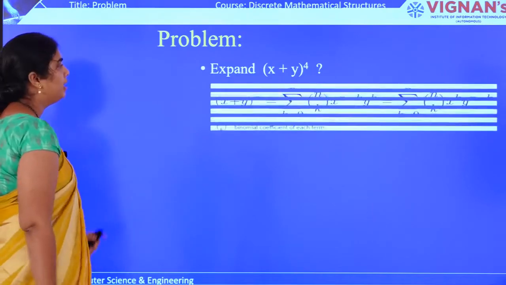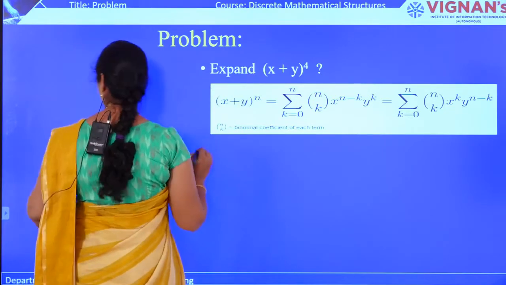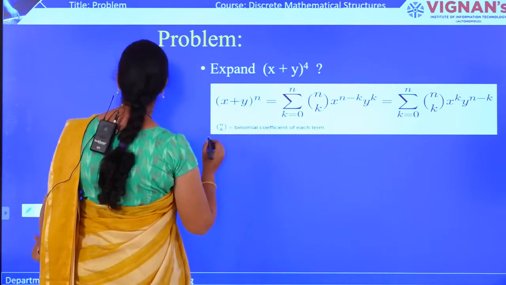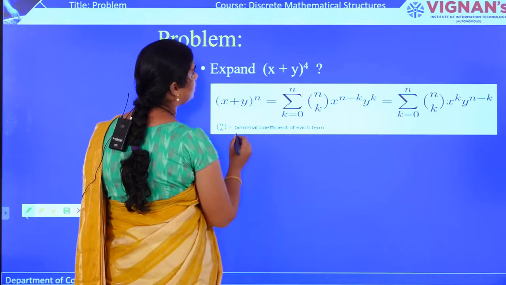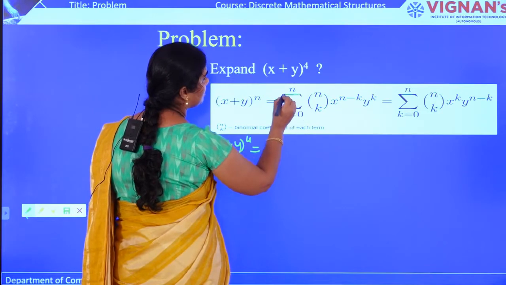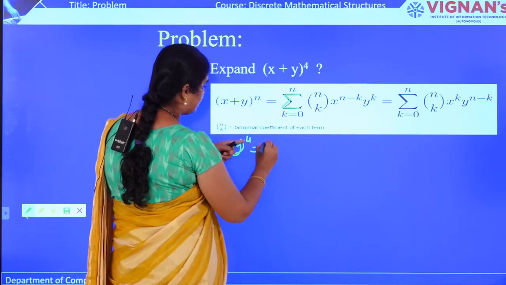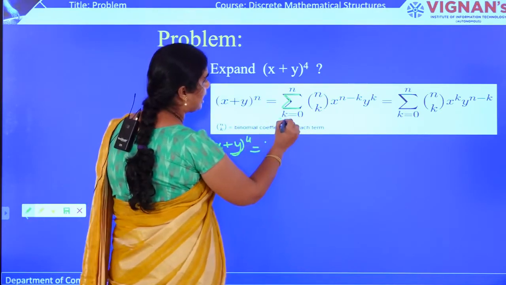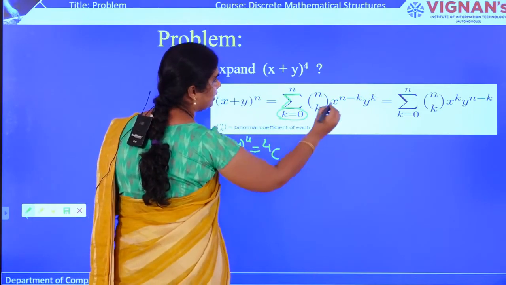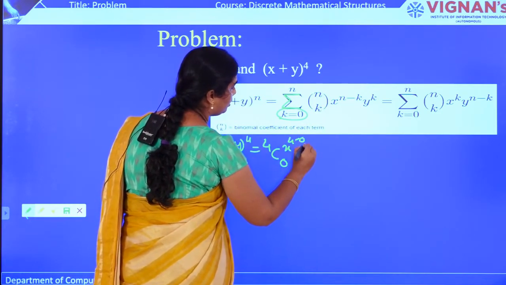Okay. Next, followed by a problem. After solving this problem, you will be familiar, and this is the formula through which I am going to solve this problem. Let us expand this. See guys, here it is (x plus y) whole to the power of 4. According to this formula, sigma means addition. We need to add terms one by one, and the first term will be nC0, k is equal to 0, right. So, first term will be 4C0 into x to the power of n minus k, what is 4 minus 0, into y to the power of 0.